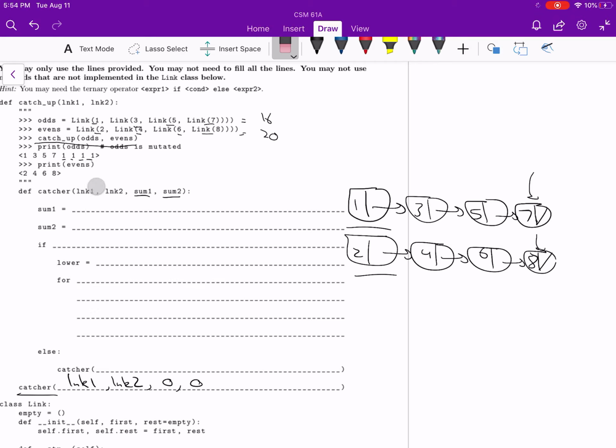So we can first start by incrementing sum1 and sum2. So sum1 can be sum1 plus link1.first, and sum2 can be sum2 plus link2.first. Usually, if this if statement is false, then we just want to call catcher to continue computing the sums. So catcher on link1.rest, because we've already added link1.first to the sum, link2.rest, and sum1 and sum2,